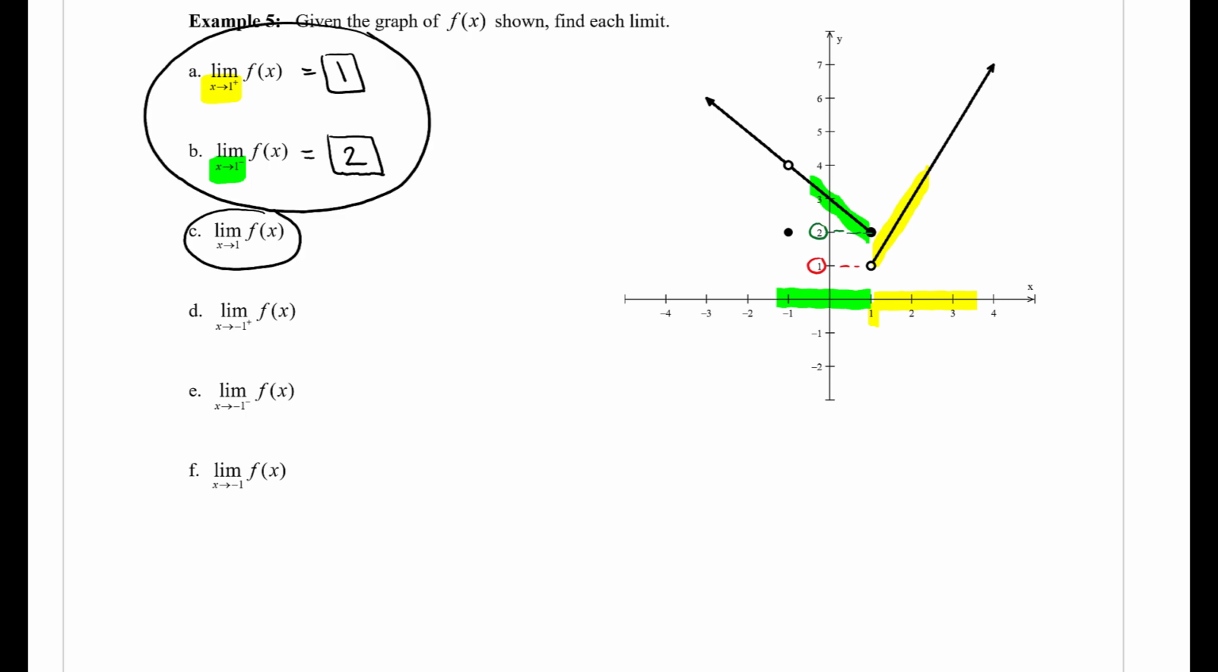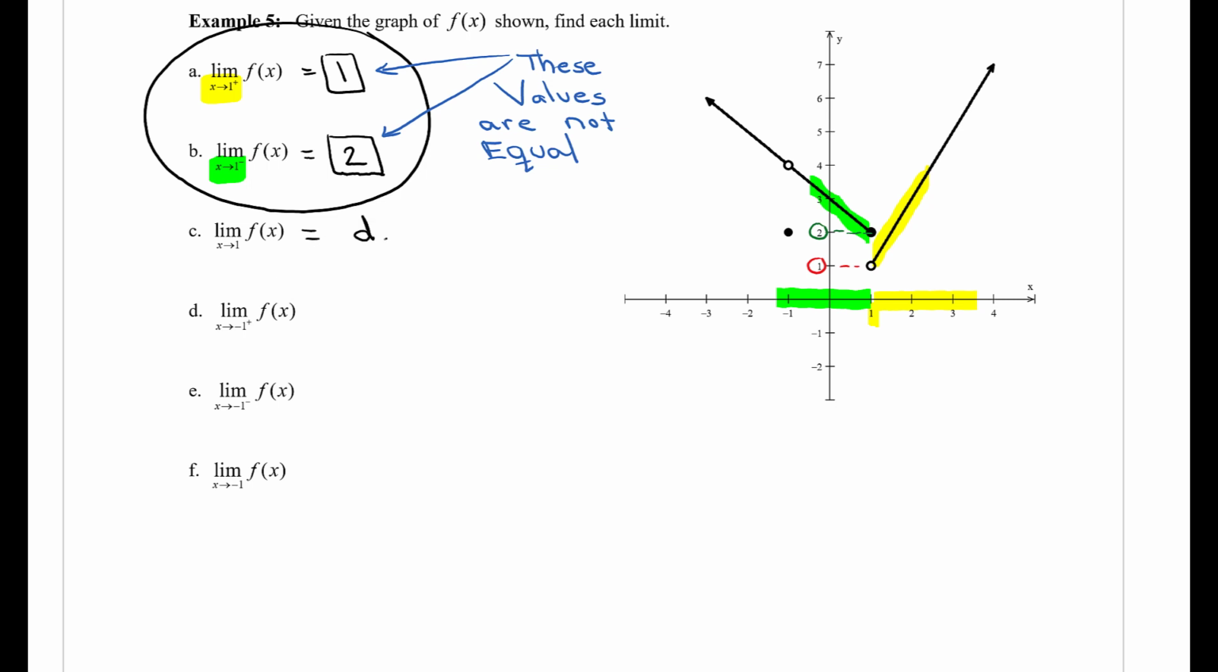For C, the limit as x approaches 1 of f of x. I'm looking at part A and part B. I'm noticing that these two limits, the right hand limit and the left hand limit, are not equal to each other. So I've pointed arrows at both of these values for these limits, and I'm writing to the right, these values are not equal. If the right hand limit does not equal the left hand limit, then that means the limit does not exist. So I'm going to write here the limit as x approaches 1 of f of x equals DNE,